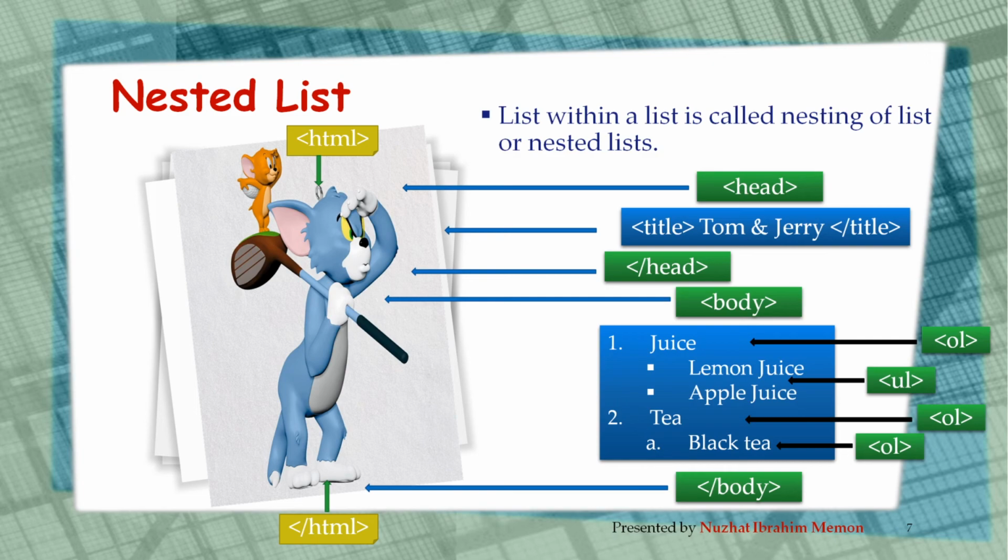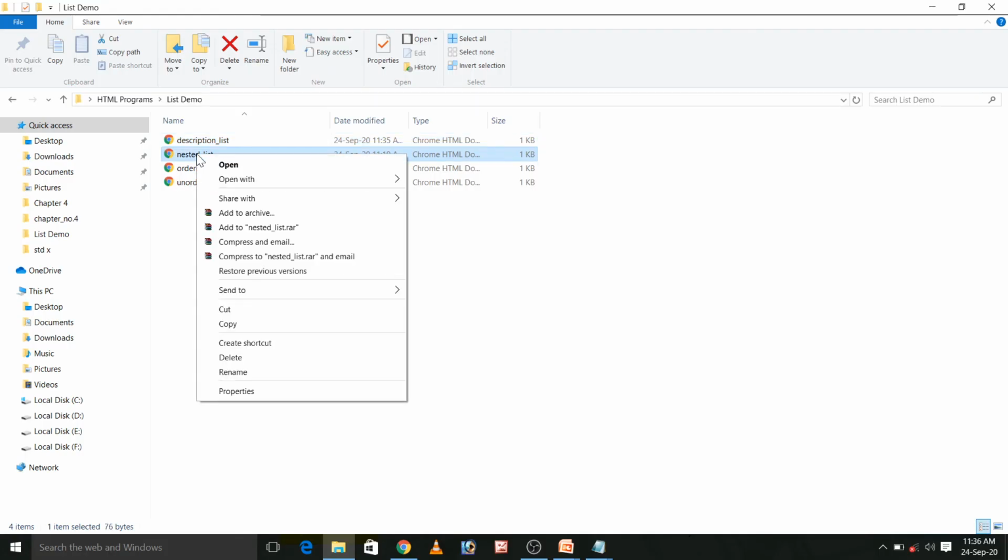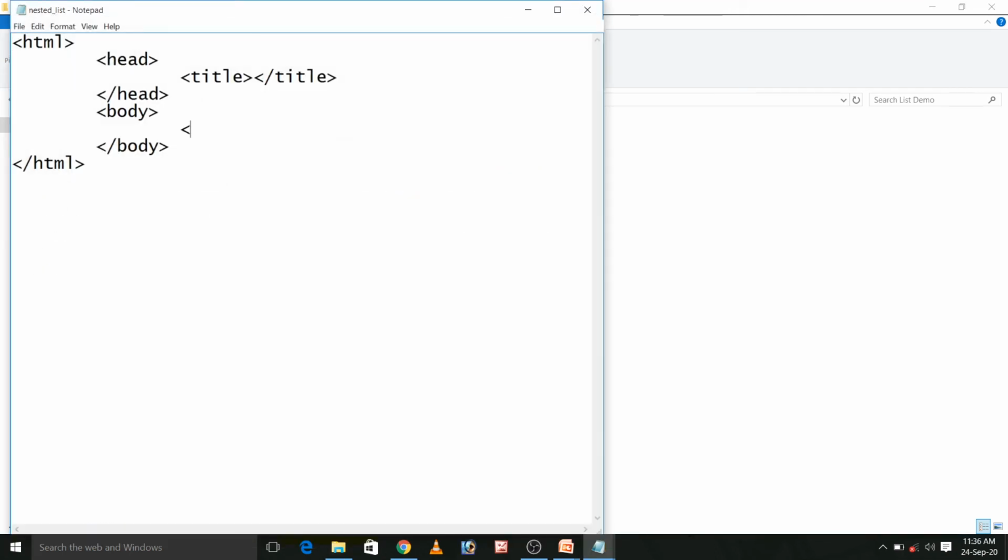We will do this practically. Right click, open with Notepad. Here first I will write OL tag, and here I will close it, OL, and we have to specify juice and tea of type number only. So we don't have to specify type equal to 1 or something. Directly I will write li.